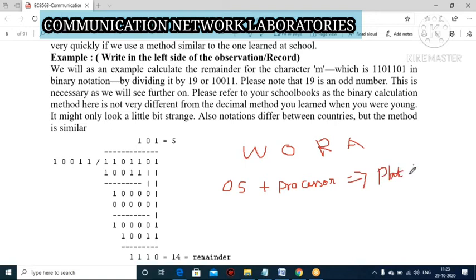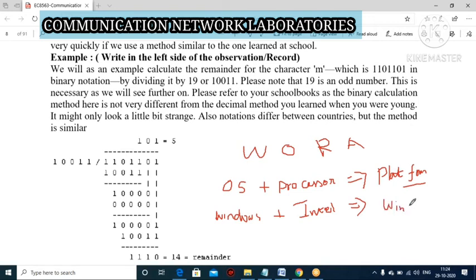Here our Java is independent of the platform, right? For example, if you are using Windows OS with an Intel processor, we call it Wintel.